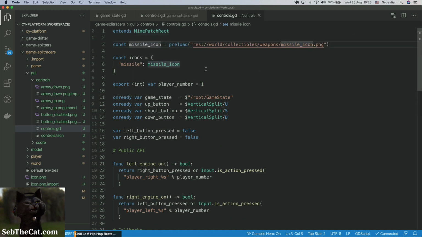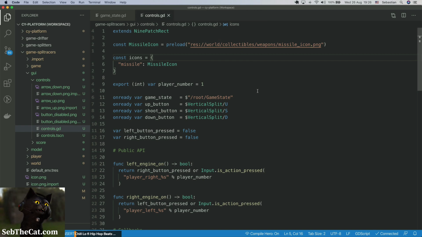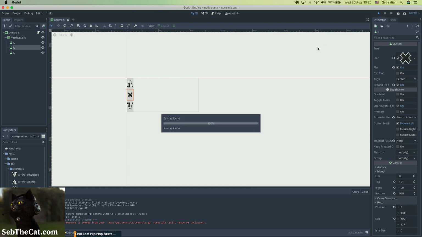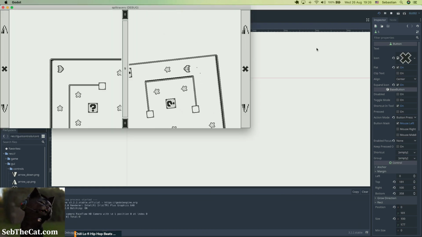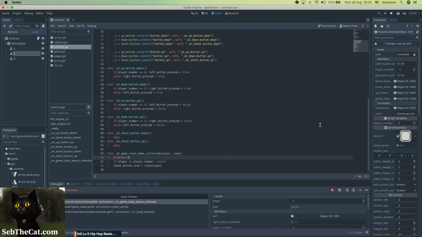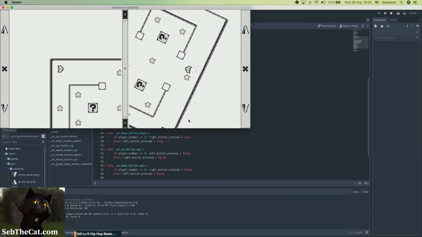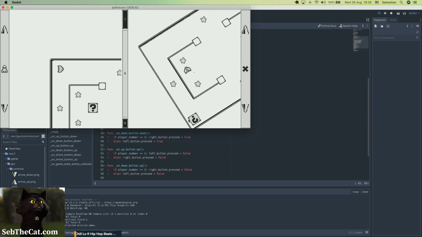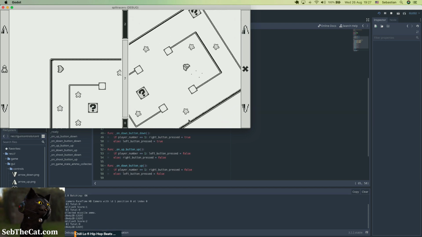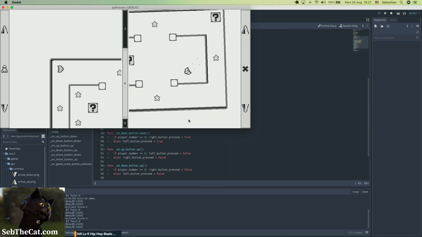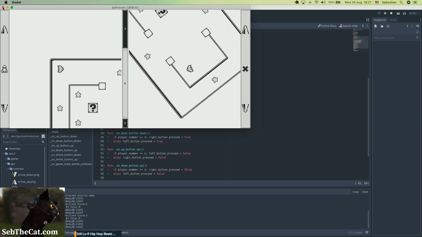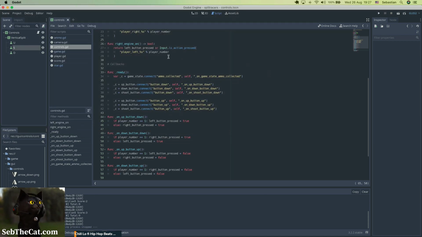So, in fact, I'm just going to give that a capital letter, I think, because for anything that's loaded externally, I'd like to consider it class-like. Okay, so now I think that will kind of work. Okay, we got the breakpoint, which I don't think we needed. Let's just run it again and see. Oh, and I've got a missile now. That's pretty cool. So I've now picked up my missile, and I should be able to shoot that in a little bit. So let's work on that. So in our controls,